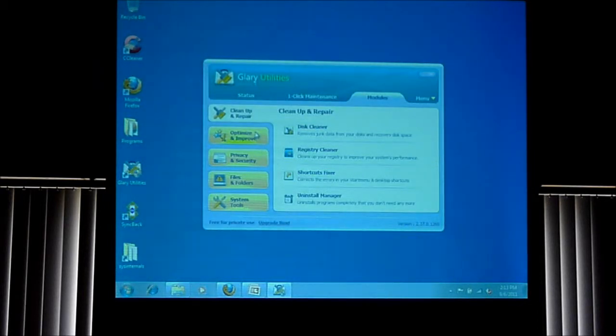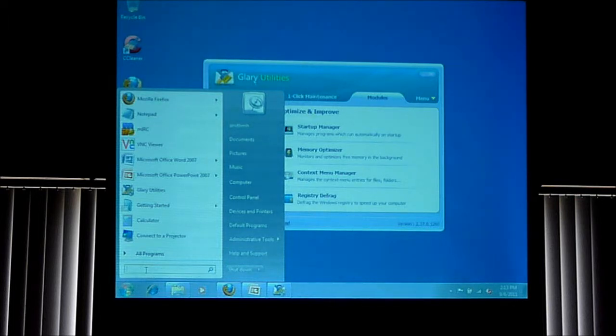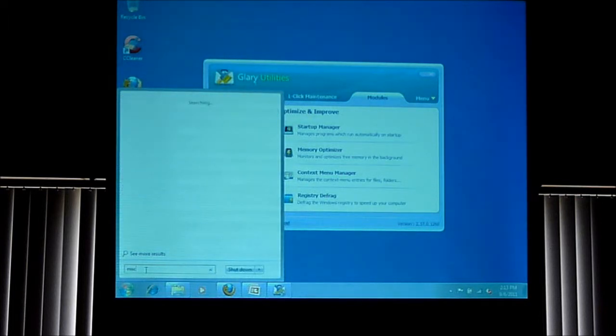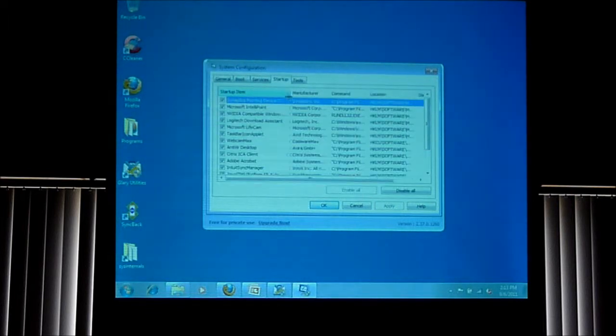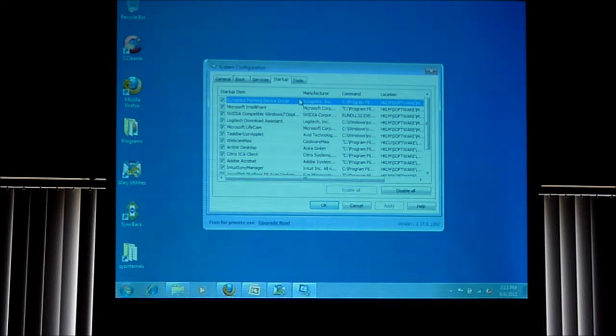Let's go to optimize and improve. Now, there are lots of ways to approach the startup manager. I always like MS-config, which I think they hid in Vista. I'm not sure. I haven't used Vista in a while. But certainly XP and Windows 7, if you type MS-config, one of the culprits of slowing down a computer, and we're going to look at this,